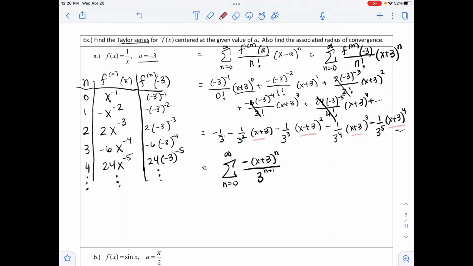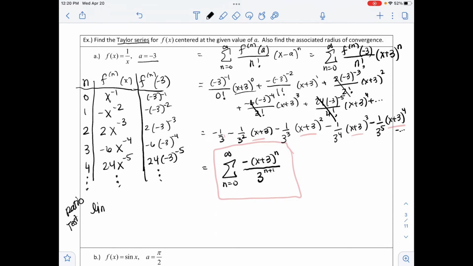And you can always check this by first substituting in n is 0, then n is 1, n is 2, and so on. And so this is our Taylor series for our function, which is 1 over x, centered at negative 3. And then it says also to find the associated radius of convergence. So to figure this out, I'm going to use the ratio test again,